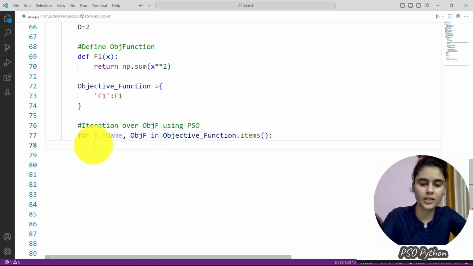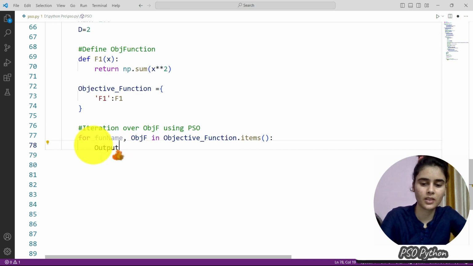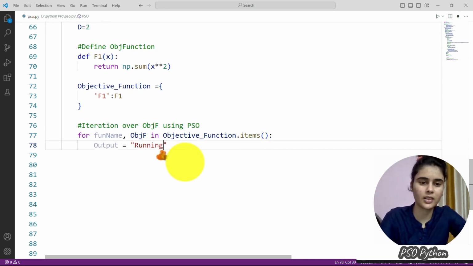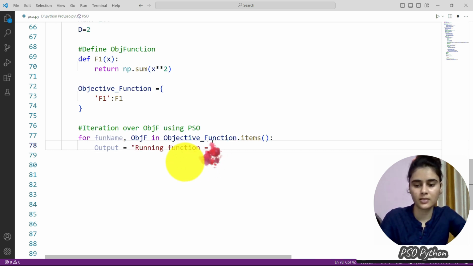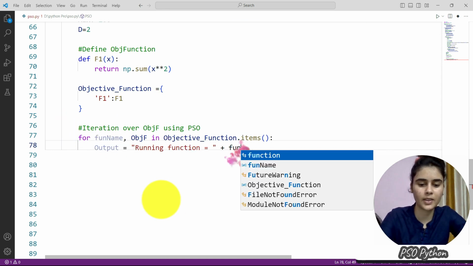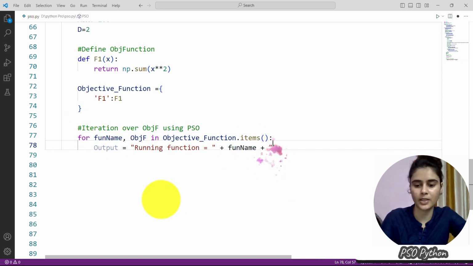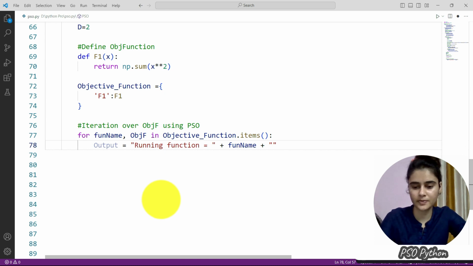We have the output. We will display the running function name, that is this function name, plus we will add here a new line.